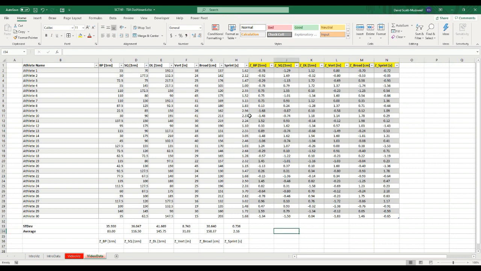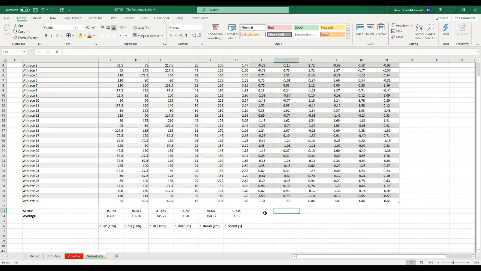Now, so that's the Z-scores. And then the next thing that we're going to do is actually calculate what's called a T-score. A T-score is essentially taking the Z-score and putting it onto a scale of 100. So what that means is that if an athlete was right at the mean, their value would be 50, and then we would add standard deviations above that to give them a score out of 100, or if they were lower than the mean, we would take away standard deviations to give them still a score out